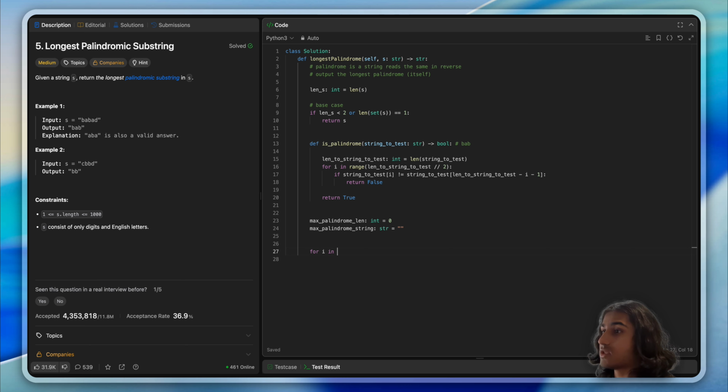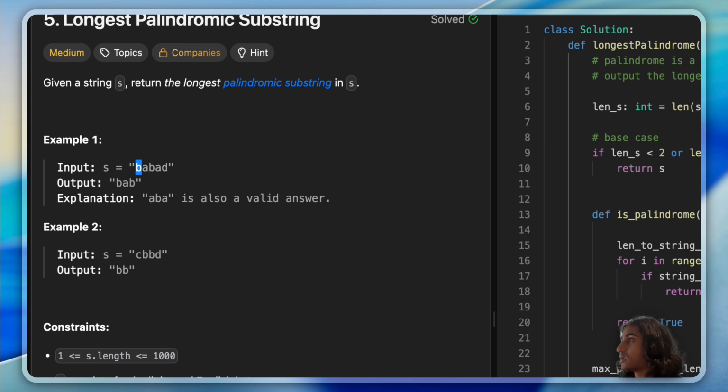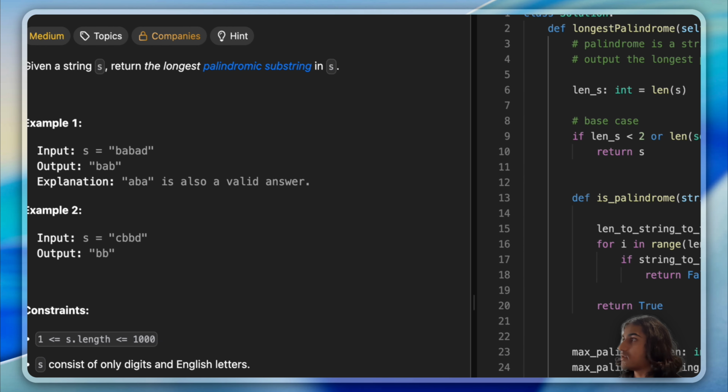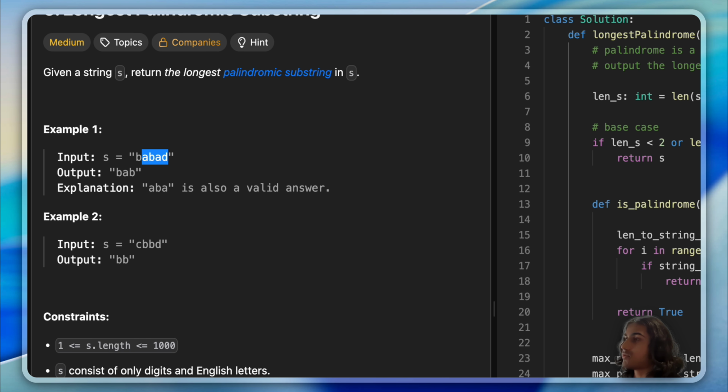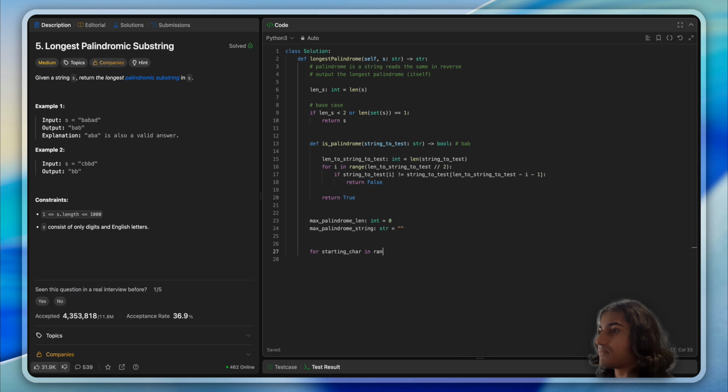Now we want to actually go into checking every single combination. So for example, in this input, we will be checking B first, B to B, and then B to A, then checking BAB, then BABA, and then eventually until the end. And then we'll be starting from A and repeating the sequence until we go through every single pair that we can. So for starting char in range length of s,